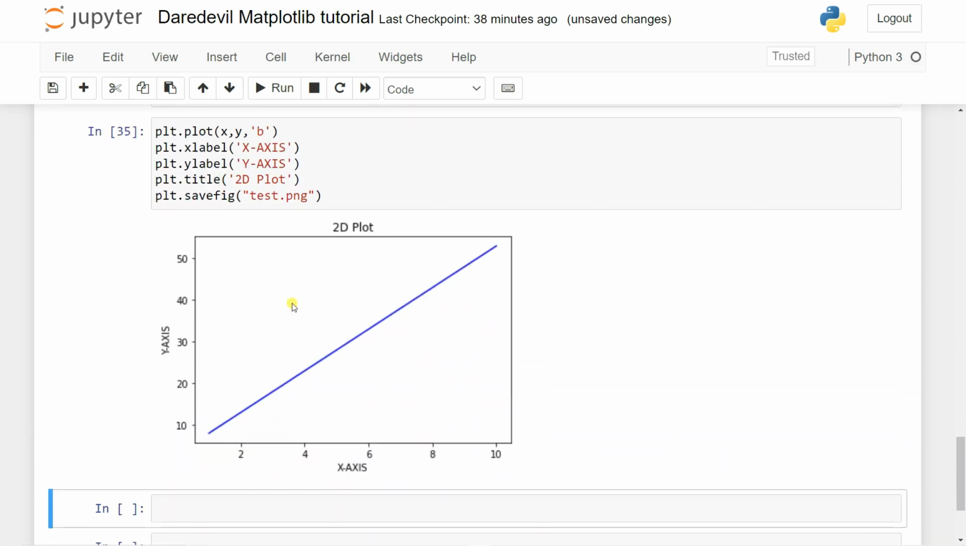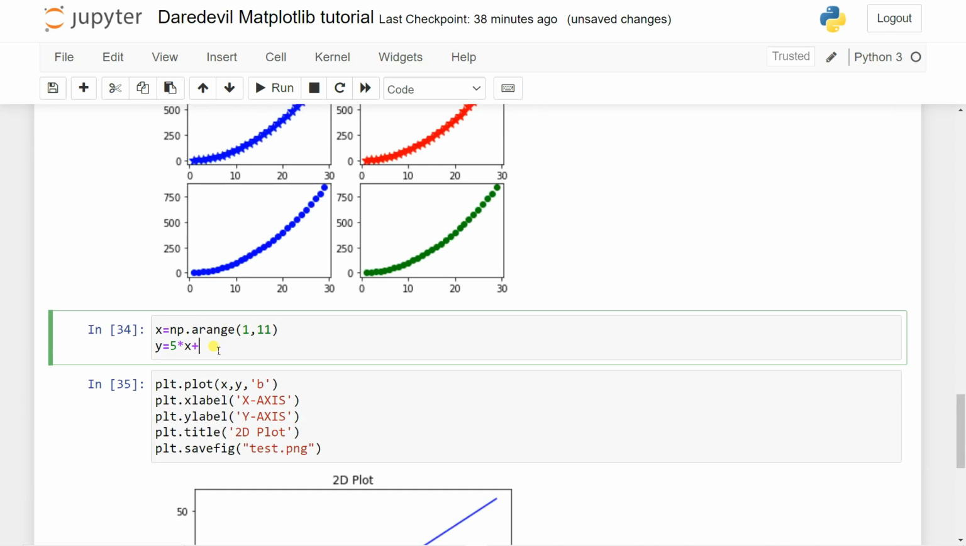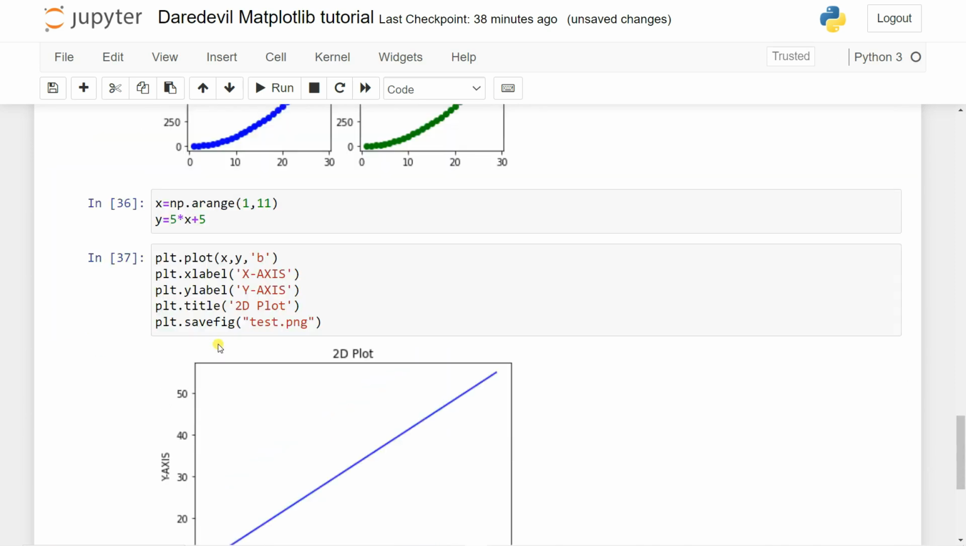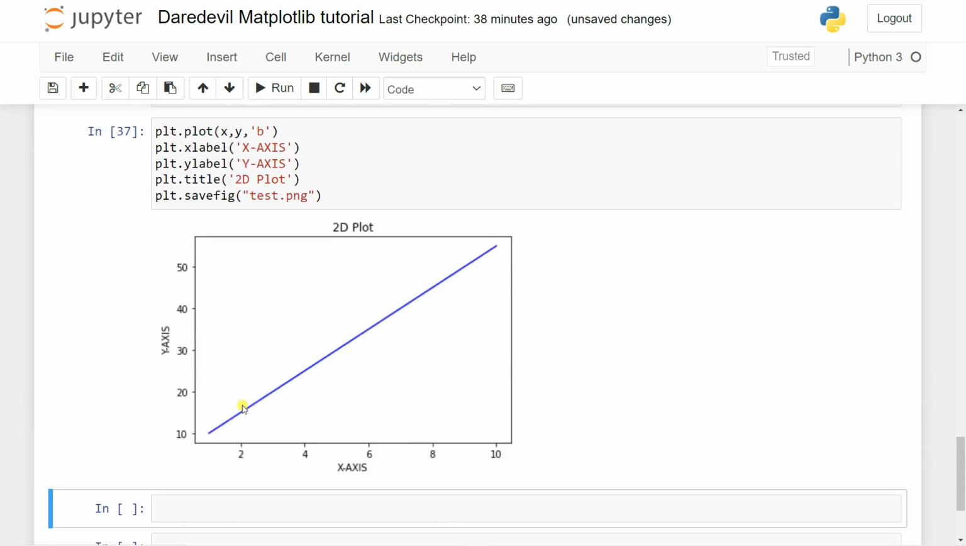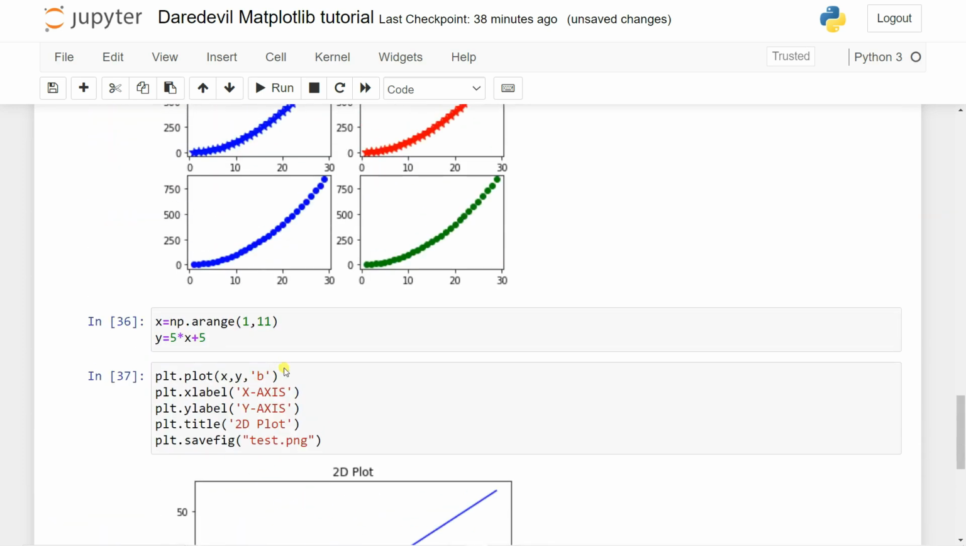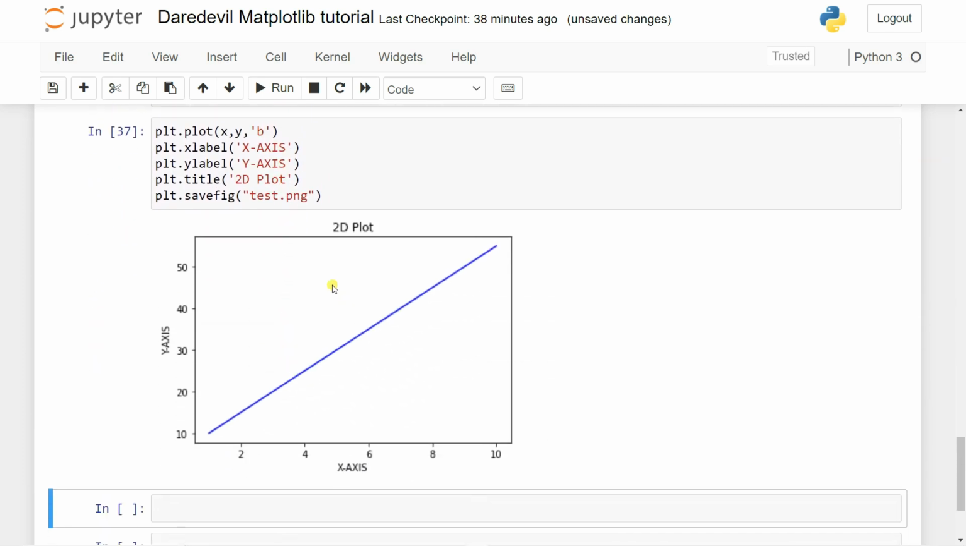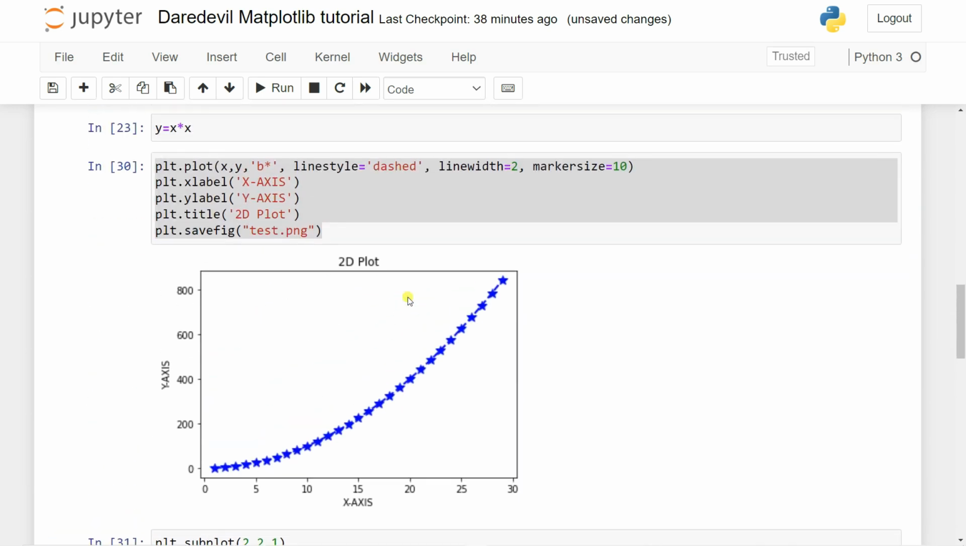So now you can see here it is also creating a plot, right? This is nothing but a coefficient. If I'm trying to make it 5, you can see this is nothing but a coefficient. So this is how you can also create the plot using this matplotlib library to explore the